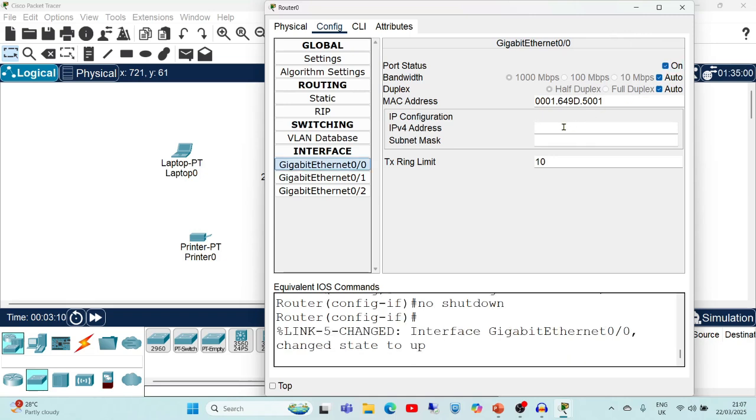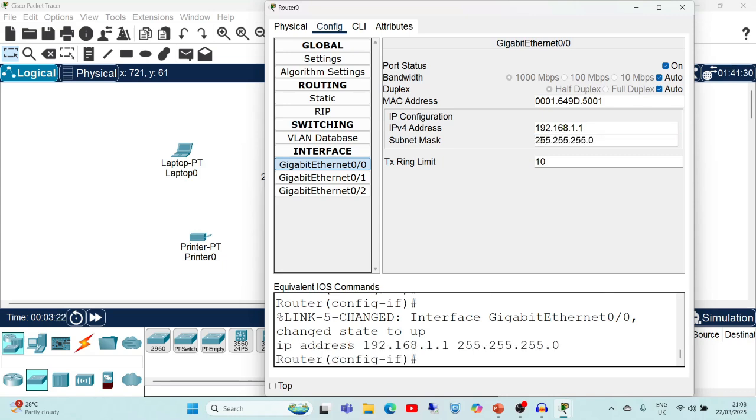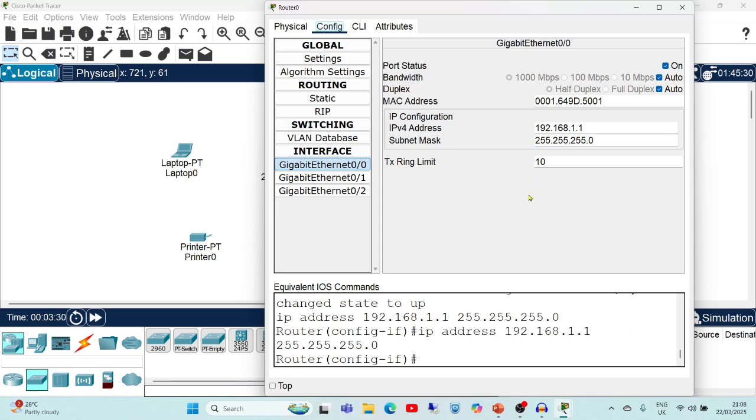After that, enter the IP address 192.168.1.1. Again, just click in this subnet mask field and the subnet mask will get generated automatically. Okay. Now we have done the settings for the router.